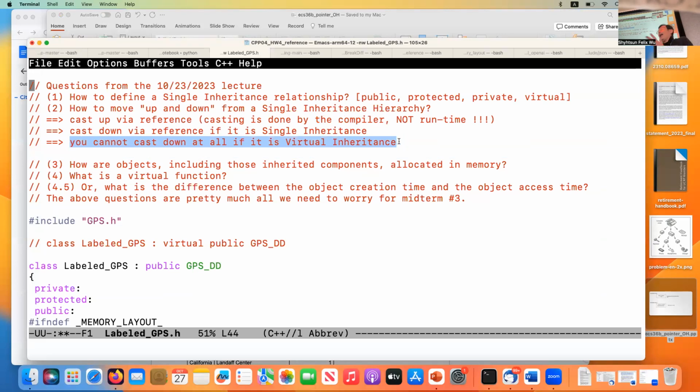Why is that? I haven't told you the difference between single inheritance and virtual inheritance. It's essentially adding a virtual in front of whatever public base. I will show you an example immediately.